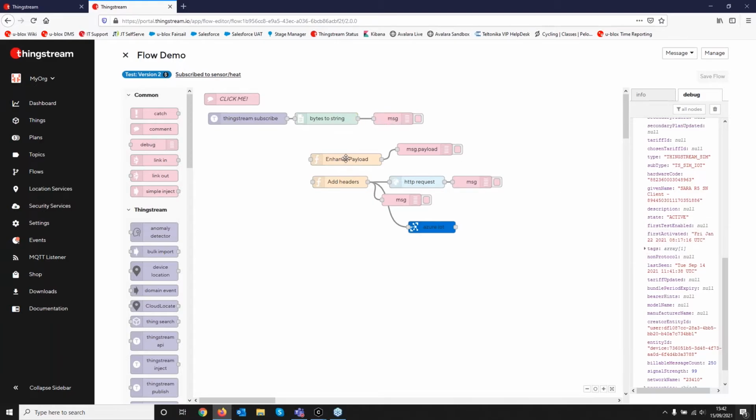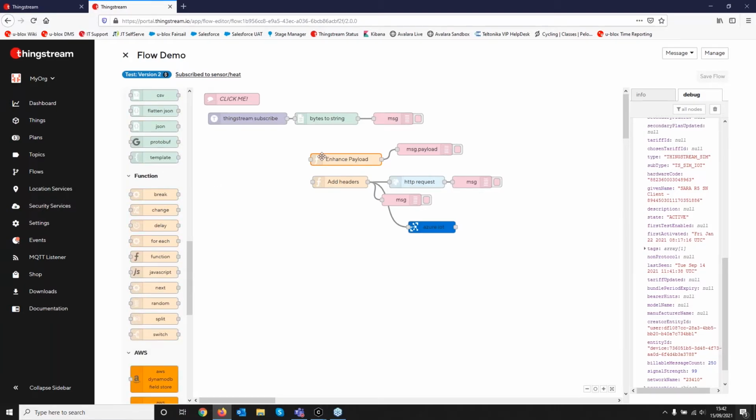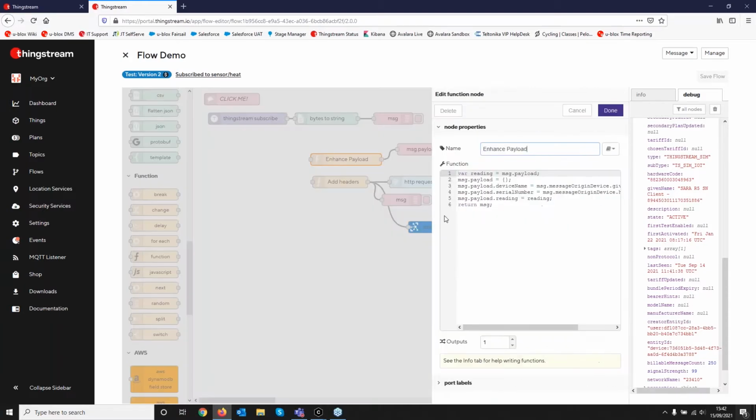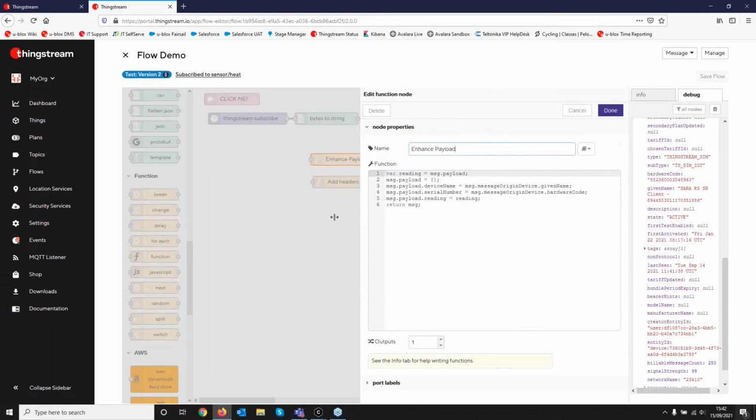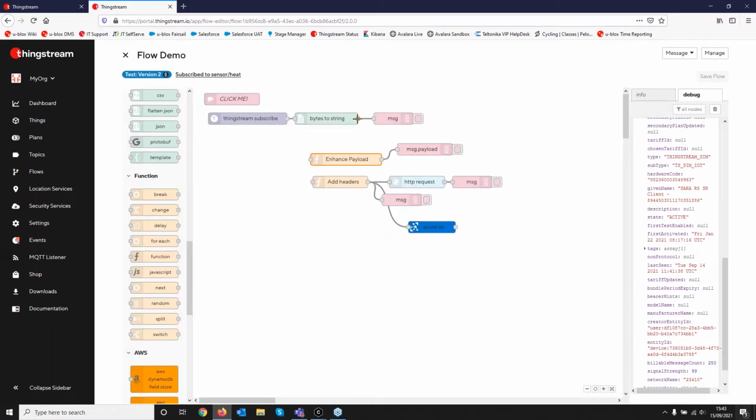So here I've got a simple JavaScript function node, which has been selected from the palette on the left-hand side here. And if we take a look inside, we can see just some simple JavaScript that saves off the original payload that I sent and builds a new payload as a JSON object, adding in the given name of that device and its serial number, and then pulling back in that original reading that I saved off. So let's connect that up,